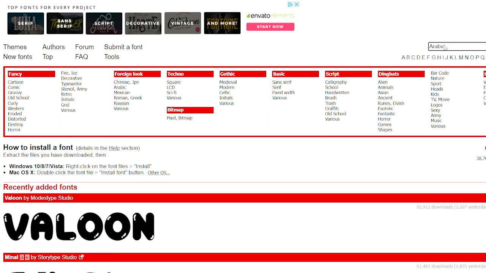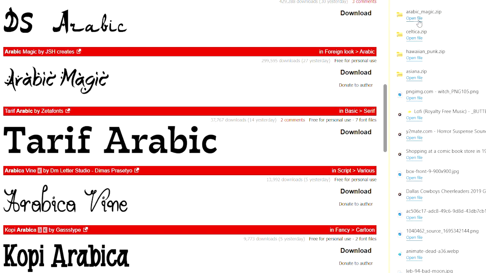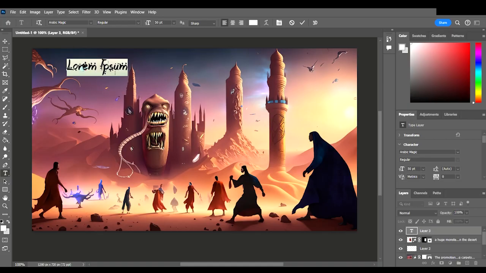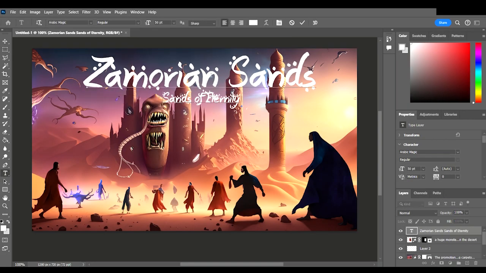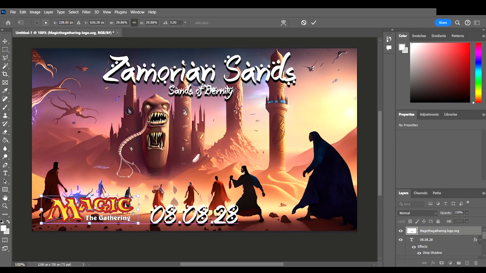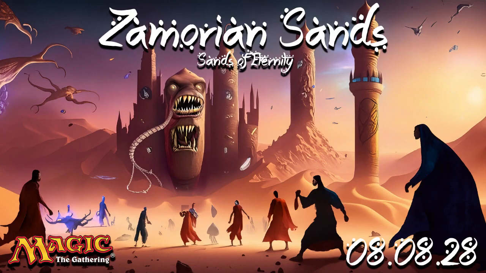So I jumped back to my font website and looked for an Arabic text, and this one's called Arabic Magic, and that's the game that we're making here. So I chose that font, went back to our poster, typed it in, adjusted the words a little bit, put my release date of 08/08/28, grabbed my Magic logo, and this is my promotional poster for Zamorian Sands, Sands of Eternity, and this one is significantly worse than the last one, partially because of the AI, and partially because of